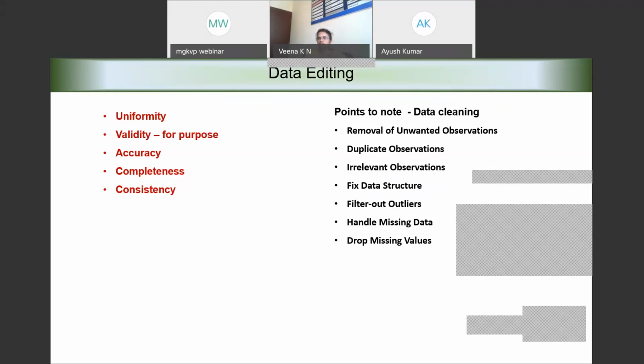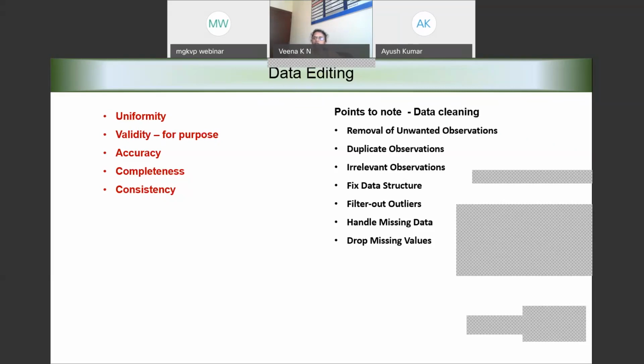Our data cleaning process should help us in removing unwanted observations. How do we decide whether it is wanted or unwanted? If it is invalid, we remove it. We say it is unwanted. Sometimes we see that it is not accurate, we remove. Some questionnaires not complete, remove. Some outliers inconsistent with other possible answers, remove. So we understand whether the data is a wanted or unwanted observation, and it helps us in removing the unwanted observations.